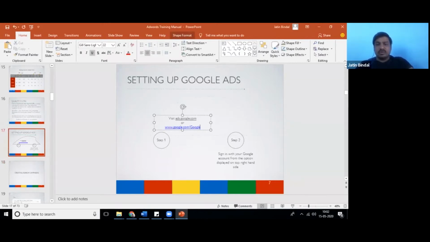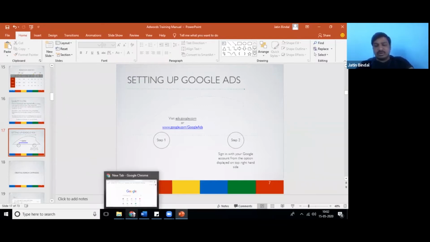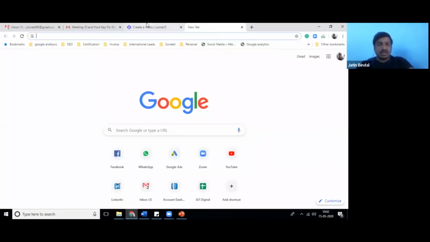For doing that, I need a favor from one of you: give me your Gmail email ID and password personally on the chat, and I will show you how to create an account, because every single ID of mine already has a Google AdWords account by giving trials to everyone.